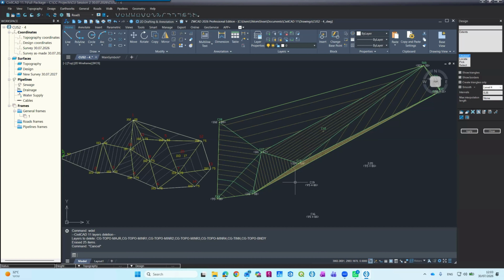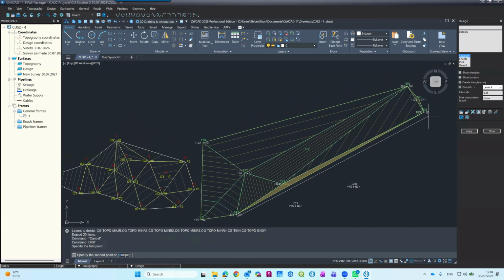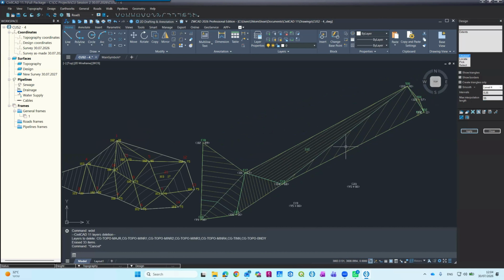So for example, the distance between here and here is 60 meters. So if I put here 55 and apply, the system will remove, you see, it removed this,